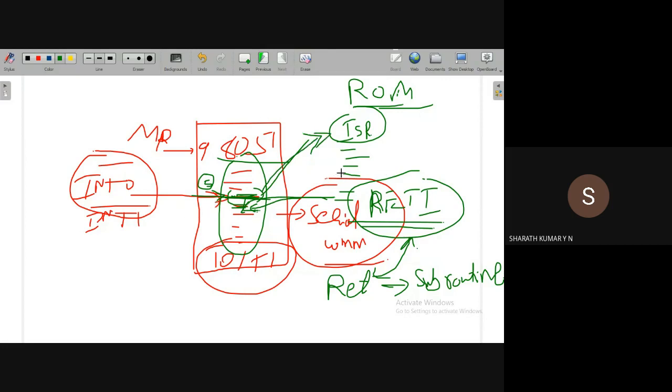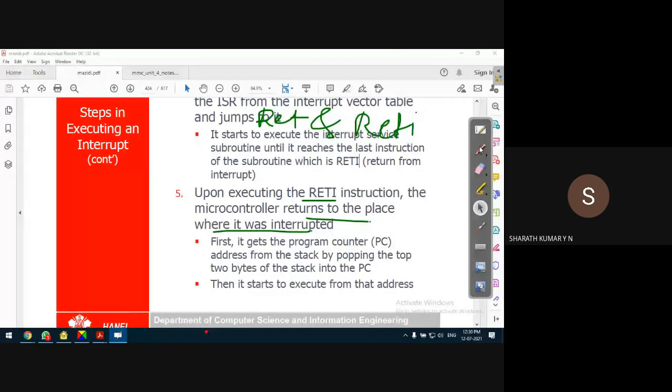On execution of RETI, it has to jump back to the sixth line, from where it will continue the execution of the main program. Before that, it has to get the content of the program counter from the top of the stack memory.